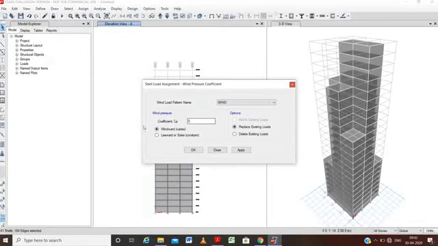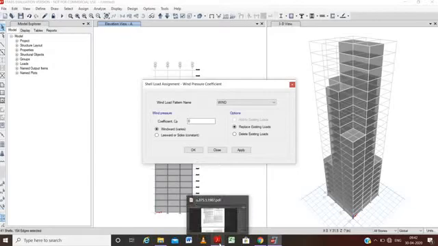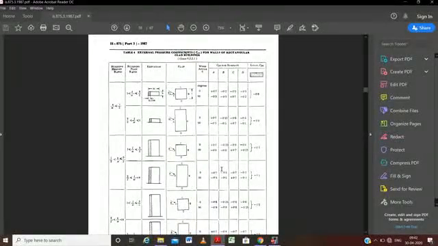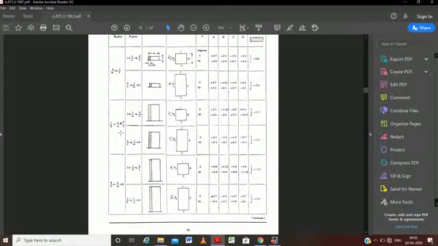So how can we get this wind pressure coefficient? Let's see. We'll go to table number 4, just table number 4. Now first of all we will calculate our building height ratio. The height of the building is 69 and the width is 18. So the ratio will come to nearly more than 3. So we will get here the option 3 by 2 SW6. Now we will calculate the length and width ratio, that is 18 by 18, that is 1, and we can get the sub option.